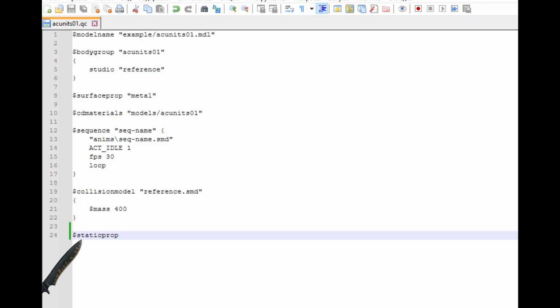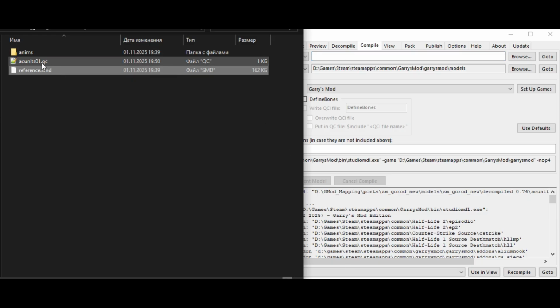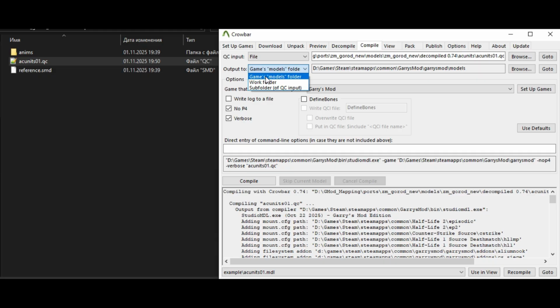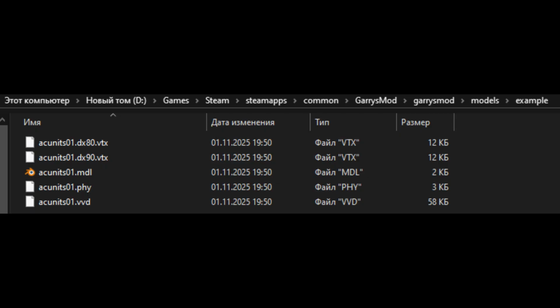And the static prop parameter makes the model static. Save the file and return to Crowbar. Go to the Compile tab, drag the saved QC file there, and in the output select the game's models folder. In the very first option parameter, you should also have GoldSrc selected. Click compile. If everything is correct, the model will appear in the models folder in the directory you specified